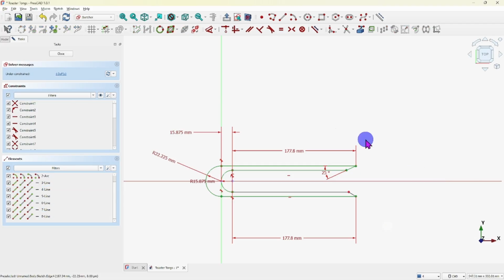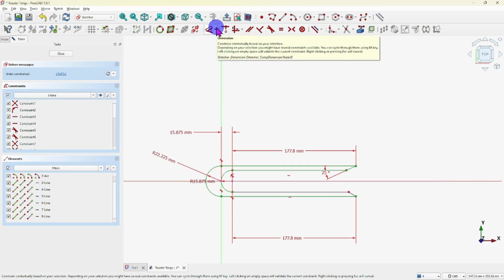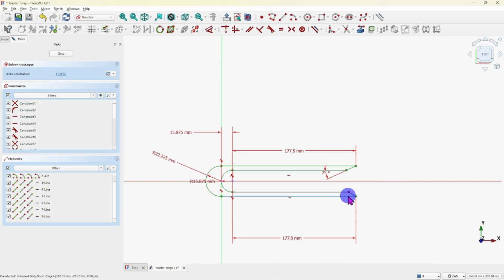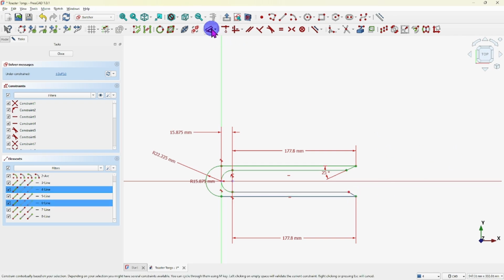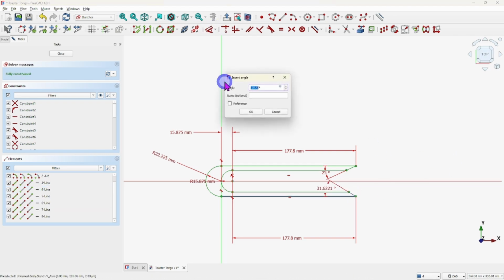Right click to get out of it. Alright, I'm going to select this line and this line, select angle, and there you go, it took that time. Type 25 for the degrees. There. Now we got a sketch that is fully constrained,